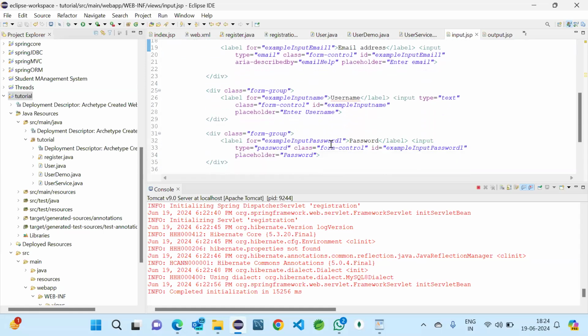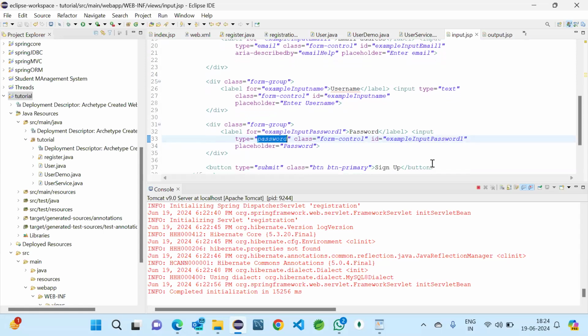Password also type only there. ID. Okay. So here nothing to do.